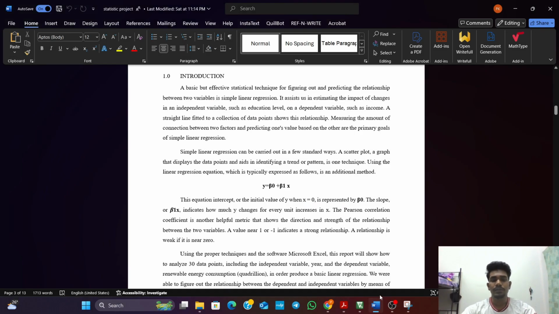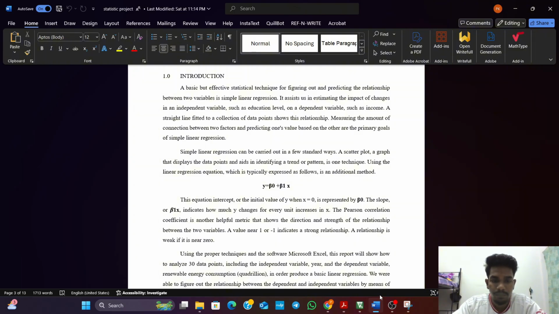Okay, for the introduction, I will be talking about simple linear regression, which is a method used to understand and predict the relationship between two variables. For example, we might want to see how a change in education level affects income. This method uses a straight line to show the connection between the variables, and the equation is usually written as